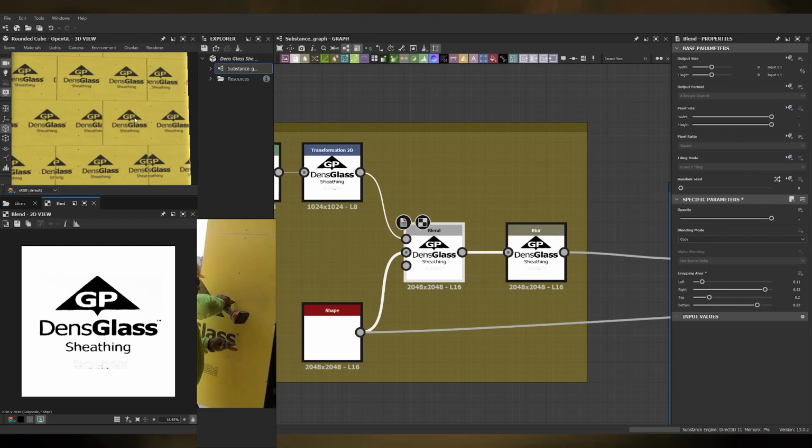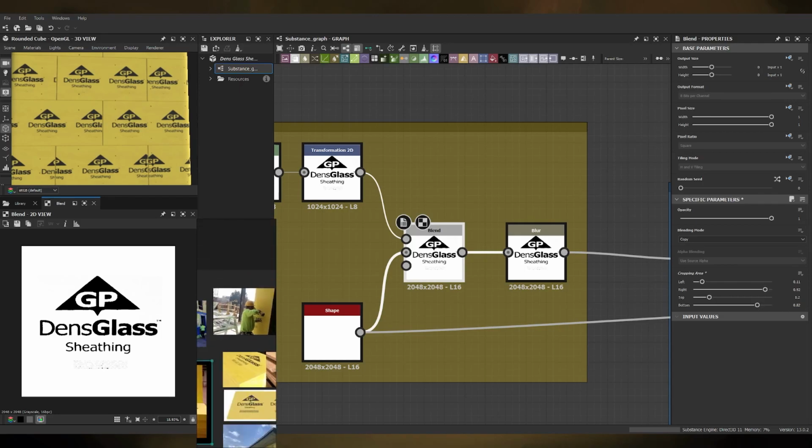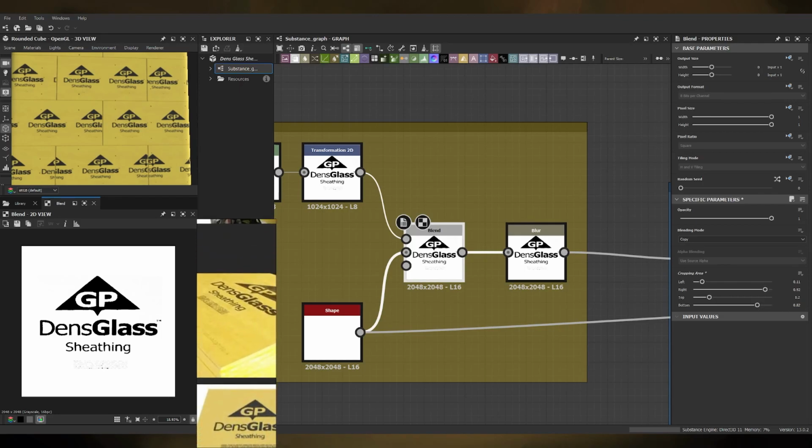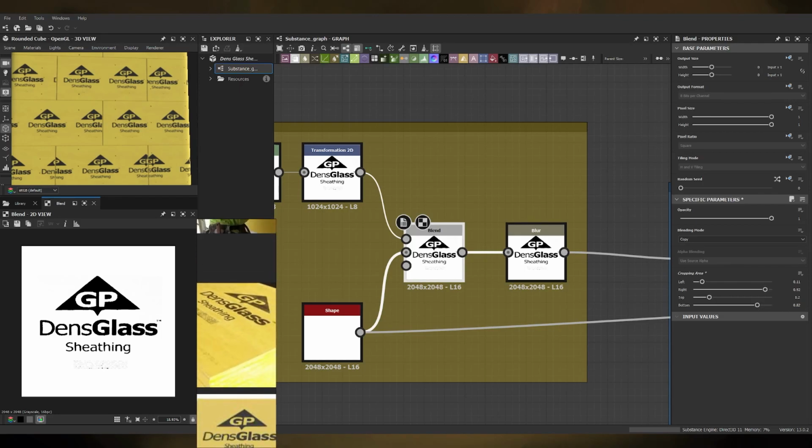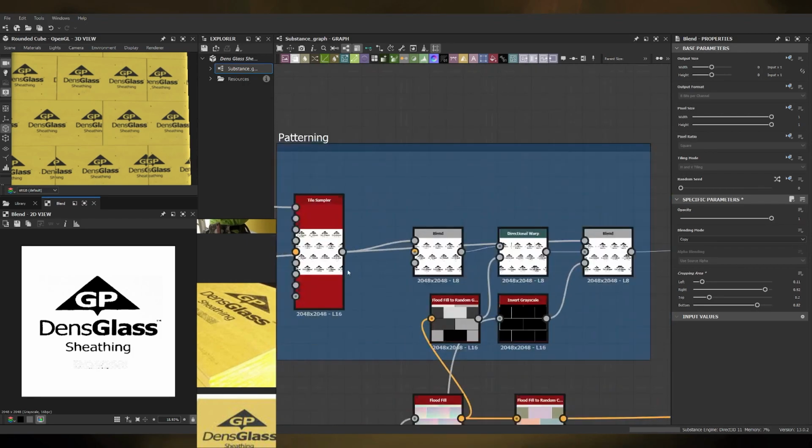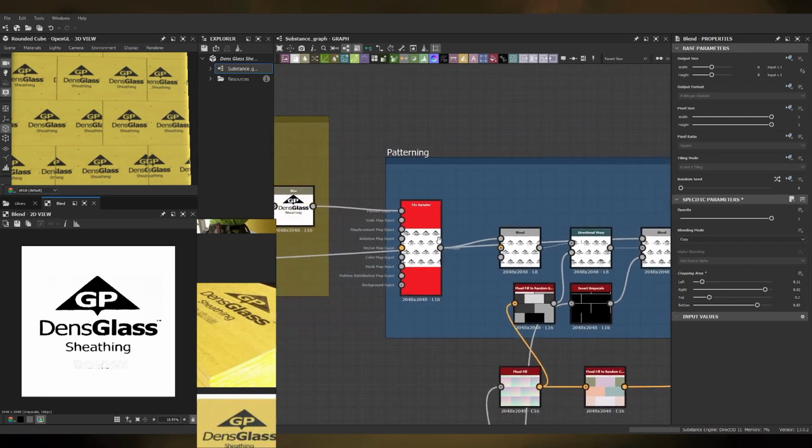Because let's face it, these panels, whatever they are, they're not exactly pretty to look at. They're kind of flat and kind of boring. Which is where more of this reference comes in, because as we can see on this zoomed in one, there's some color variation. So now that we have the shape cleared, we can pattern it again with the tile sampler,